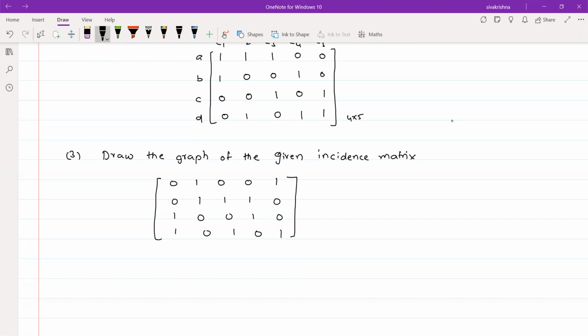Okay, since the given matrix is of order 4 by 5, by seeing the order, we say that in the given graph there are 4 vertices and 5 edges. Okay, by seeing the order of the matrix, we say that there are 4 vertices in the graph and also 5 edges in the graph. Okay, so coming to the solution,